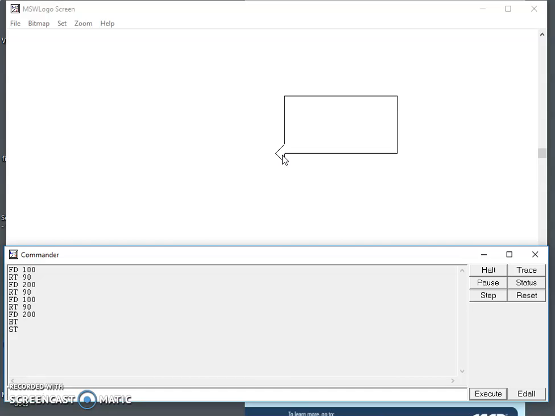Whereas the clean command will not change the position of the turtle, but it will still clear the drawing from the main screen. So let us do the clean command first. So now you can see whatever was the position of the turtle when the rectangle drawing was complete, the turtle is still at this position only. Now if I give any command and I now erase it using CS, clear screen, you will see the turtle will come back to its home position also.